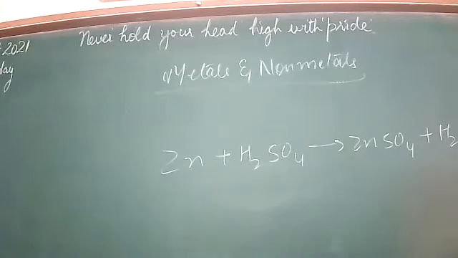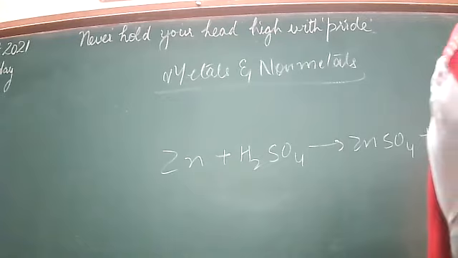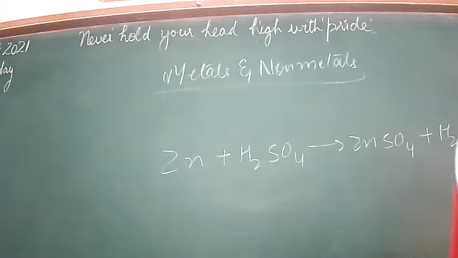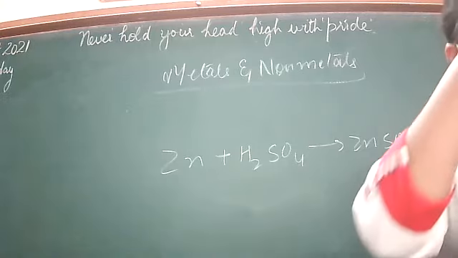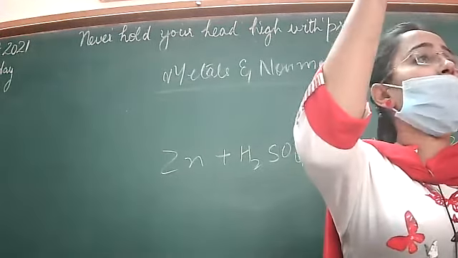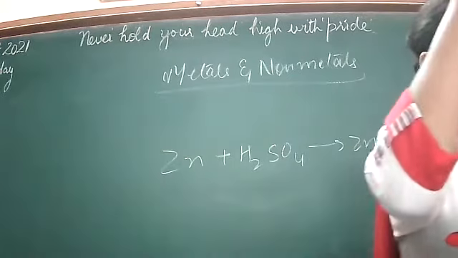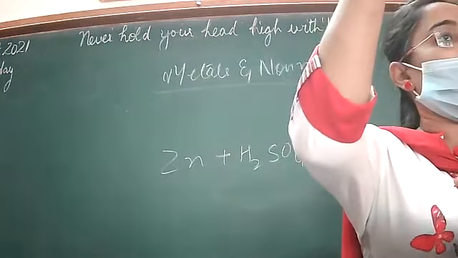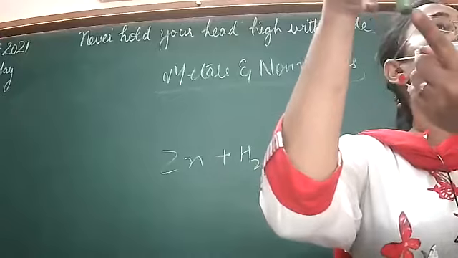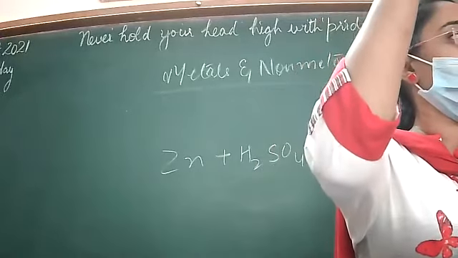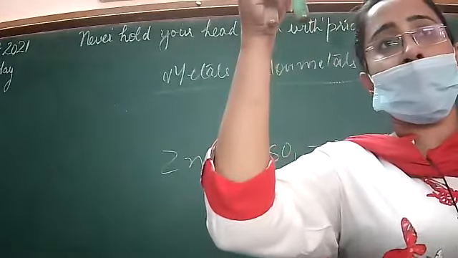See, now copper has settled down and ferrous sulfate देखो बन गया green color का, जैसे कि ये पहले था. Just see, both of them are green in color. Original color of copper sulfate was this. Now you can see there is a green color and this brown color is of copper, and so is this brown color. Here no reaction takes place, here reaction is taking place. So this is a displacement reaction.